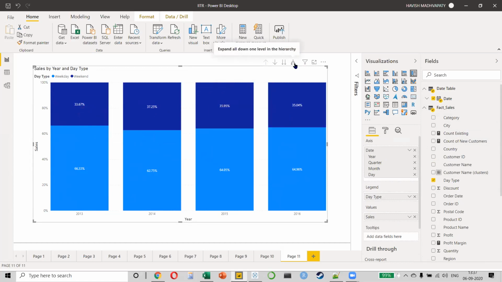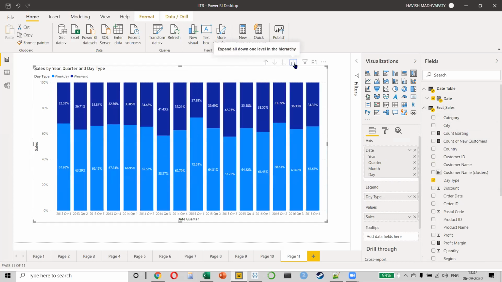But if I drill down, now you notice a very interesting pattern. Do you see this, everyone? Do you see how it is moving in almost a seasonal manner like this? Which tells you that if you look at different quarters, every quarter does not have the same split between weekend and weekday. So if you notice, the highest sales for weekend has been in Q3 2015 when 42% of sales came from weekend. But if you look at the lowest end of the spectrum, in Q1 in the same year, it was only 27%.